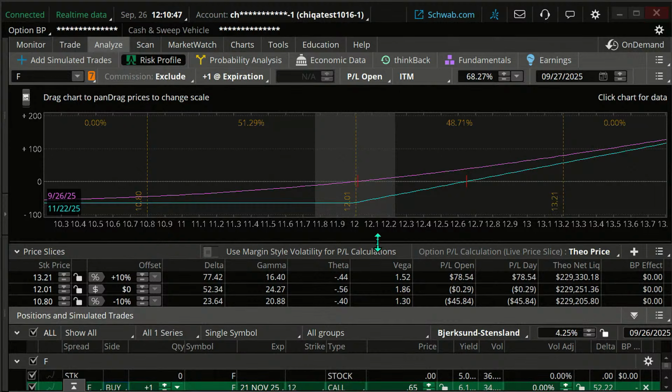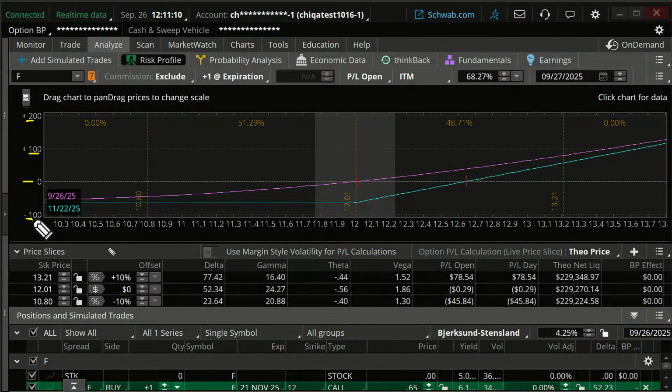Now, there's a few things you need to know on this page. And if you're familiar with this already, bear with me. I'm going to go through fairly quickly, but I want to make sure everybody knows. On the graph, you have a y-axis. That's this vertical axis. This is profits or losses. $200 profit, $100 profit, break even right here at zero, a minus 100. That's a $100 loss there.